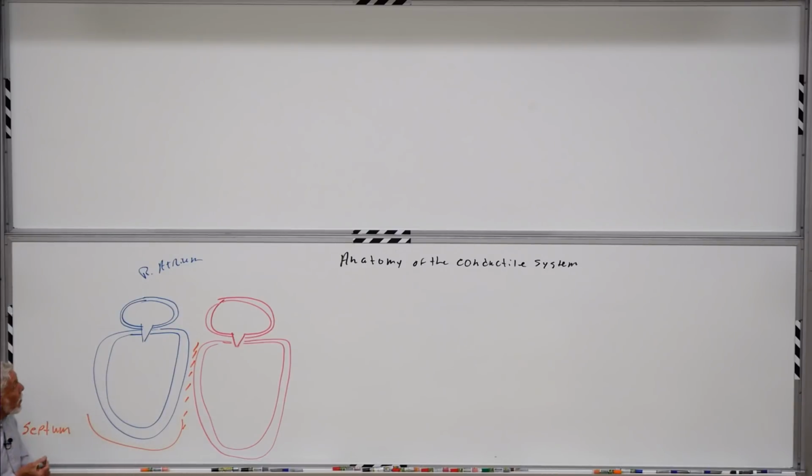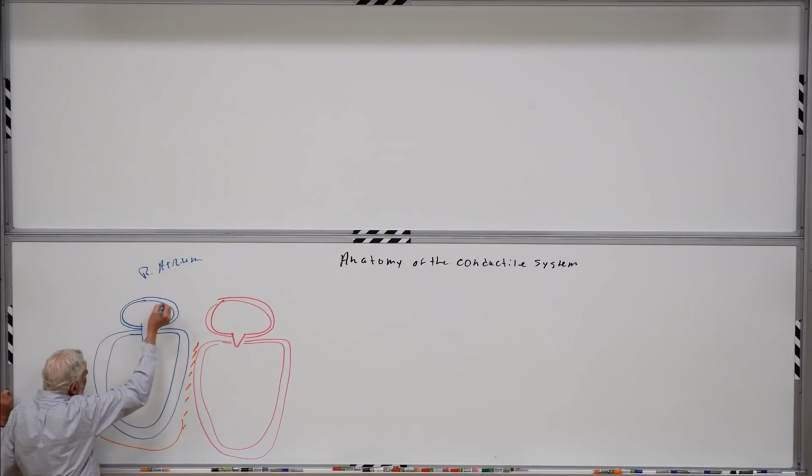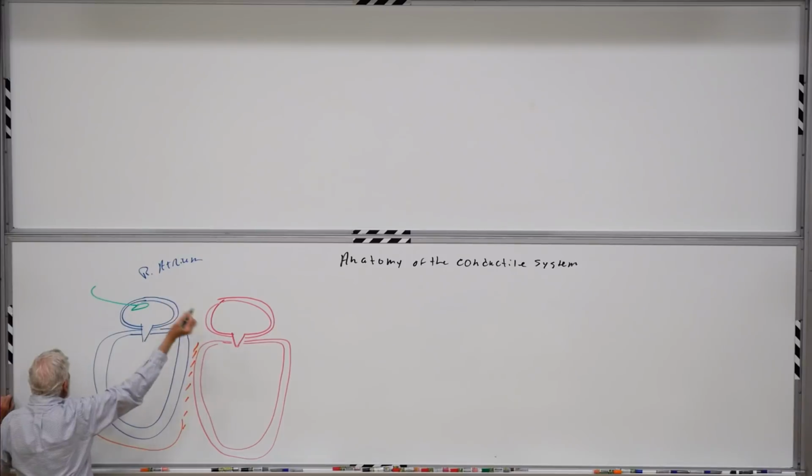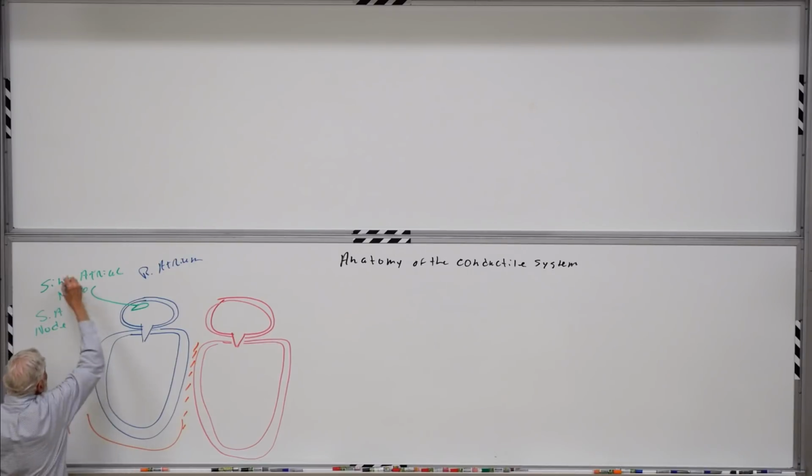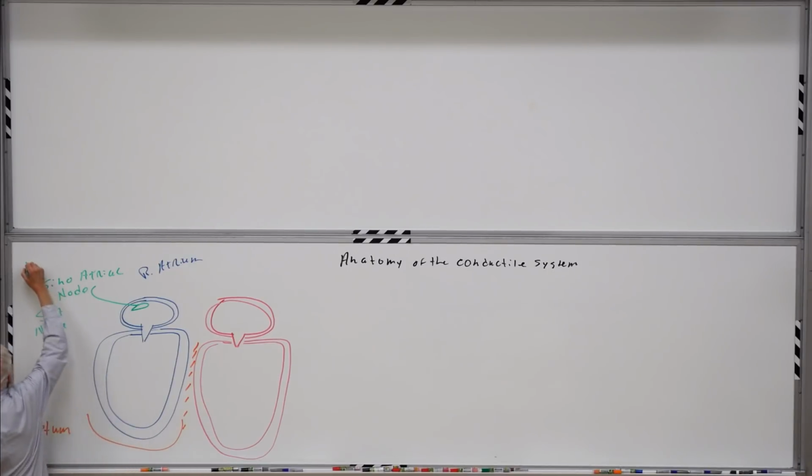Where I want to start is up here on the right atrium. And I'll draw this as kind of a green oval. And I'm going to label this as the sinoatrial node, or the SA node. The sinoatrial node, the SA node, is a bundle